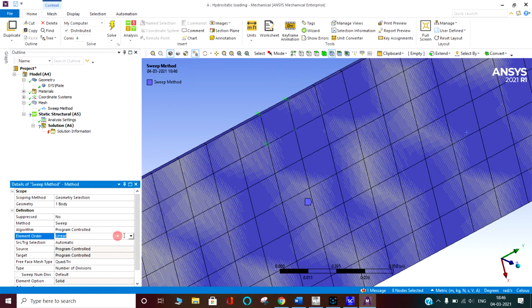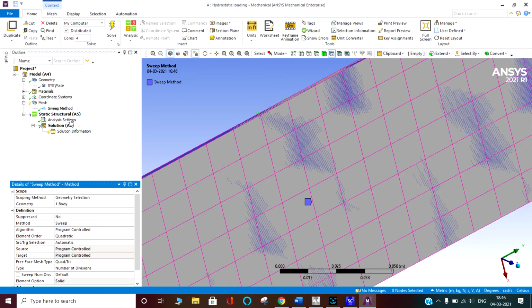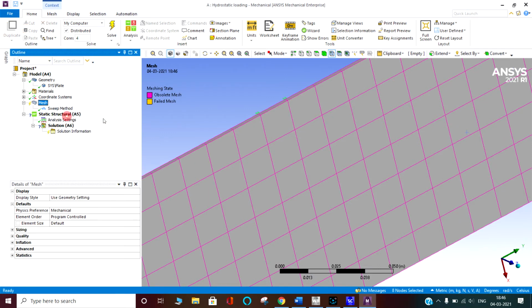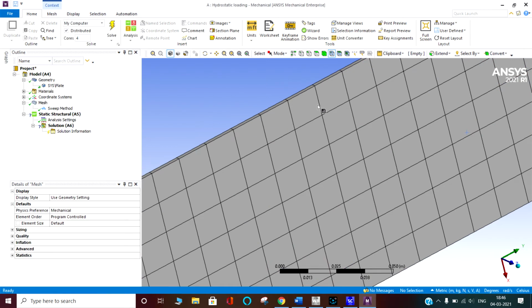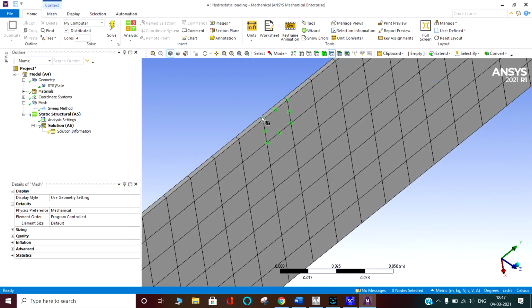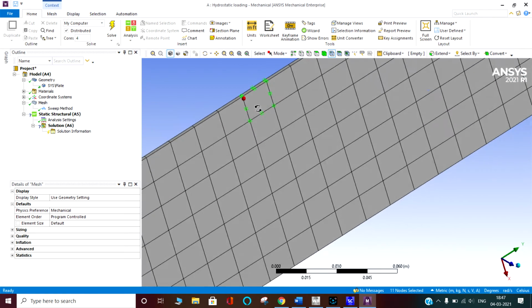Here you can see. Now what I am going to do, I am going to use the quadratic. I am saying update. Okay, the same thing, now it is the quadratic. I am going to say okay to this element and show the nodes. You can see this, this, this, this, this, this, this. Similarly on other sides of the elements also. You can see these are the quadratic elements.